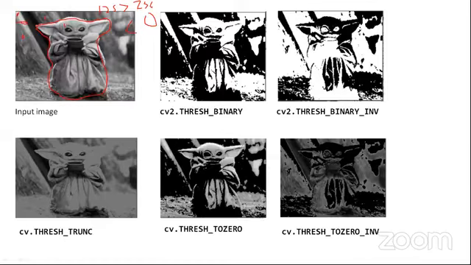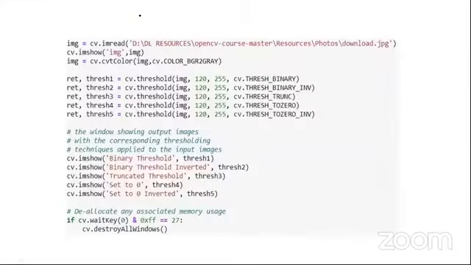The background doesn't have a great contrast, so it will have lower pixel values. You figure out one threshold and then apply thresholding, and the brighter region will get brighter and the darker region will get darkest. This is how it works.